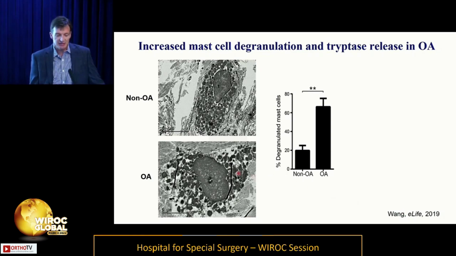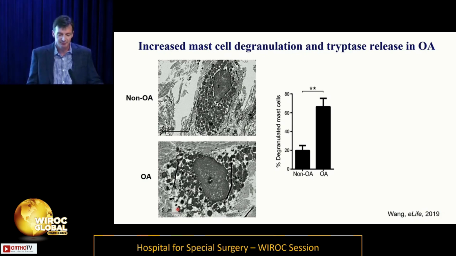And you can see basically in the non-OA that the mast cell membranes are intact, whereas in contrast in OA, the membrane of the mast cell is disrupted, and there's tryptase granules outside of the mast cell, suggesting that the mast cell is actively degranulating. In contrast to a neutrophil, when a neutrophil nets, it's a one-time event and the neutrophil's dead. In contrast, mast cells can recharge,